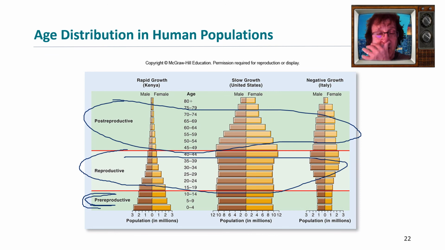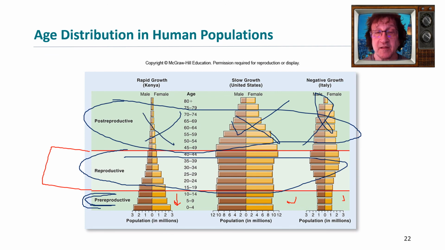So what we're going to be concerned about when we look at these graphs is this part right here. How big are they compared to the bottom? Because the top we're not going to worry about too much, because if these people are dying off like crazy, who cares? They're not contributing to making babies. They are contributing to using resources, though. I'm in this category, believe me. I'm one of the ones that you want to put on a boat and burn and send out on the water. So when we look at what are called age distribution curves for animals, humans, whatever,